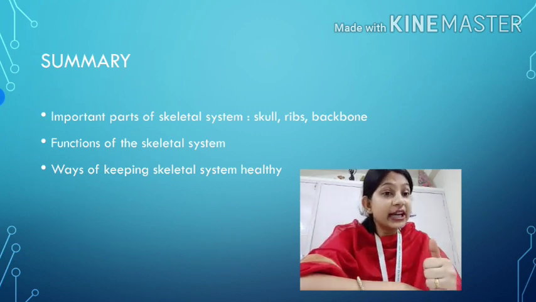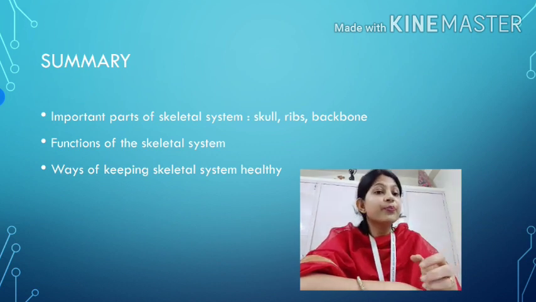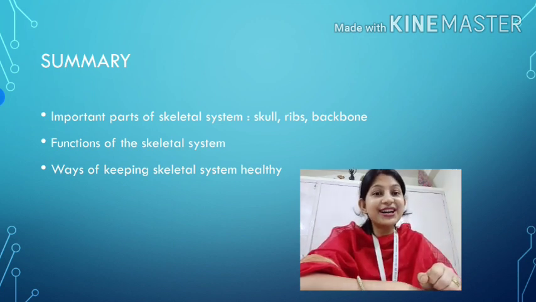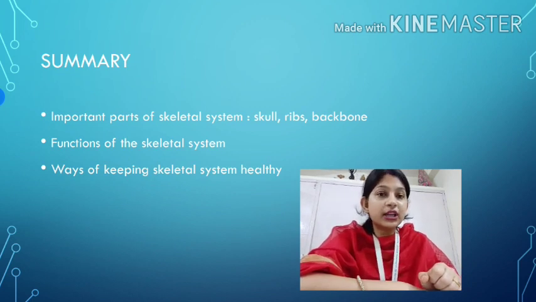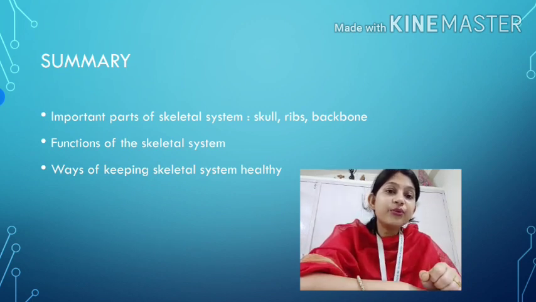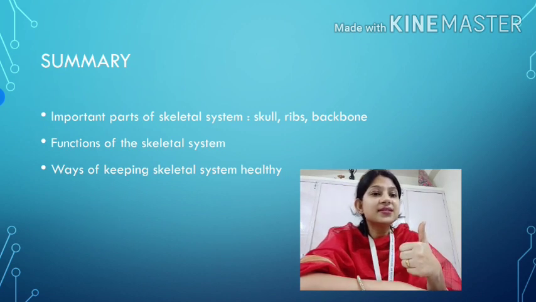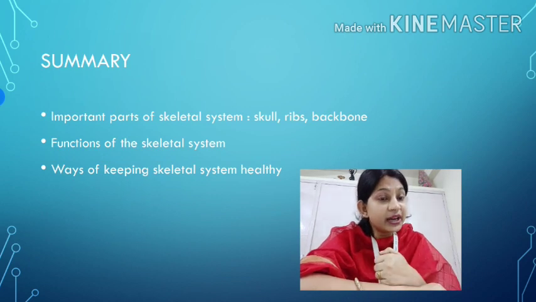One more important thing I have told you today, that red blood cells, that blood also generate from our bones only. Did you know that before? No, na? Okay, so blood originates or generates from our bones only. And later we learnt about various ways in which we can keep our skeletal system healthy. First one was eating a healthy diet, then maintaining good posture, daily exercise and playing outside, then having good exposure to sunlight so that we can get vitamin D.